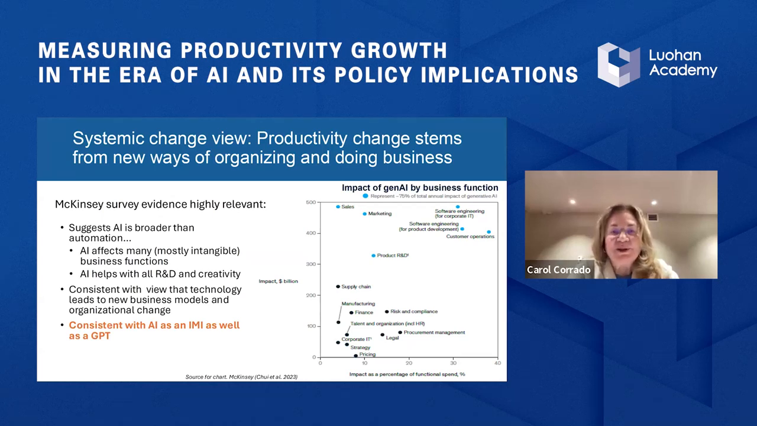So I think that's a natural bridge to considering the systemic change view, because how you get from 8% of economist tasks to, let's say, 8% cost reduction isn't just by laying off economists, it's probably by rearranging the work that they do. And here I think McKinsey has survey evidence that's highly relevant. And if you look at this chart that I have here that I've copied from their 2023 report,